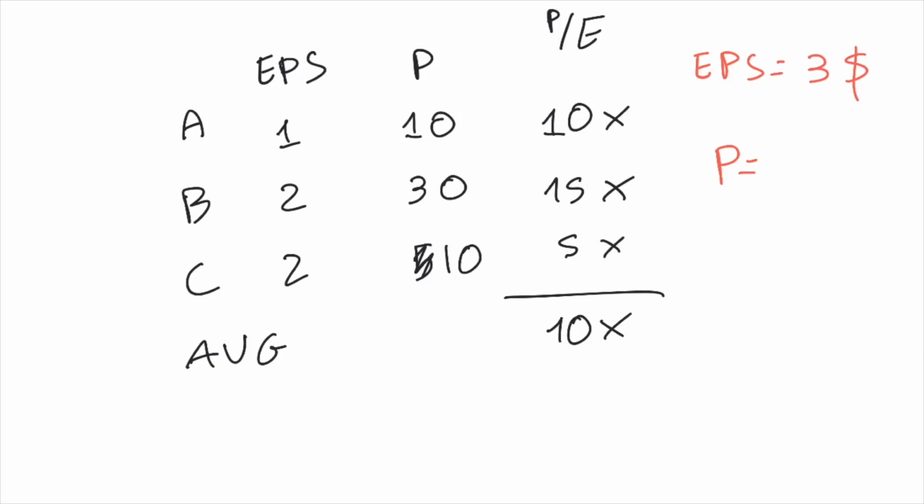If similar companies on average trade at 10 times earning per share, and my earning per share is 3, how much is my company worth? $30. So, in theory, the correct price or the target price or whatever you want to call it of my company is $30. Okay? Now, this is a super simplified example, but as you can see, the basic idea is find some comparables,